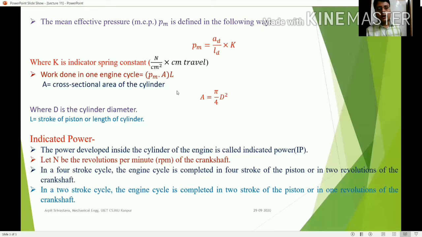So we can understand this expression accordingly. As we know, P equals F upon A. If we want to calculate force in terms of pressure, we can write P equals F upon A, so F equals P multiplied by A. So within the bracket, this is the force, Pm multiplied by A. And if we multiply this force with displacement, then we get the work done in a particular process.